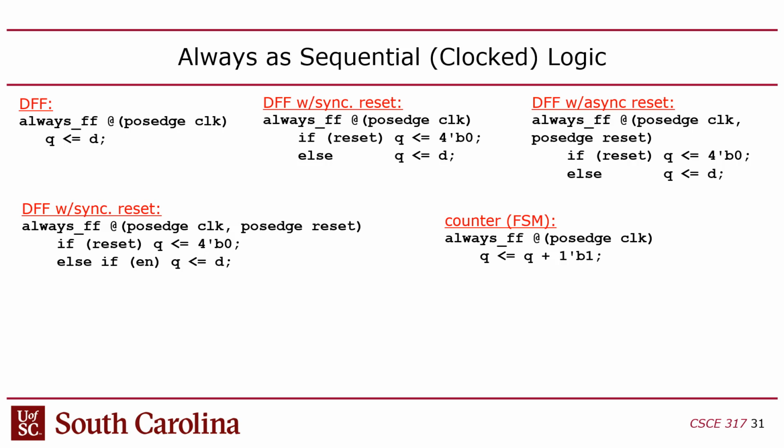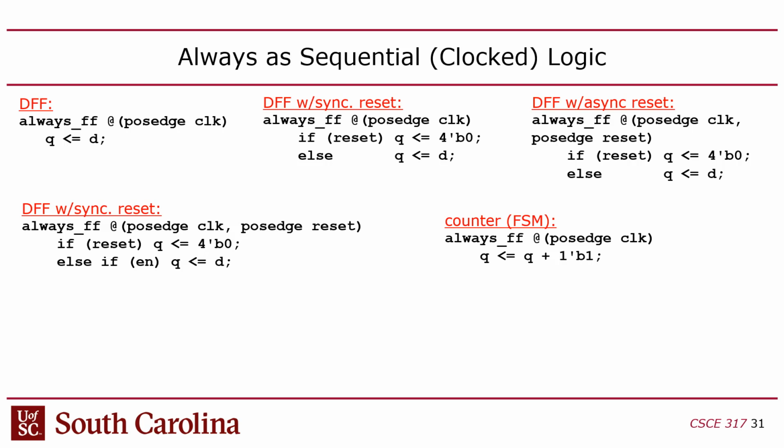Okay, so what I'm showing here is five always statements. The first one says always_ff @(posedge clock), Q gets D. This is literally just a D flip-flop, right? So on the positive edge, this is edge sensitive. On the rising edge of the clock, Q is going to take a snapshot